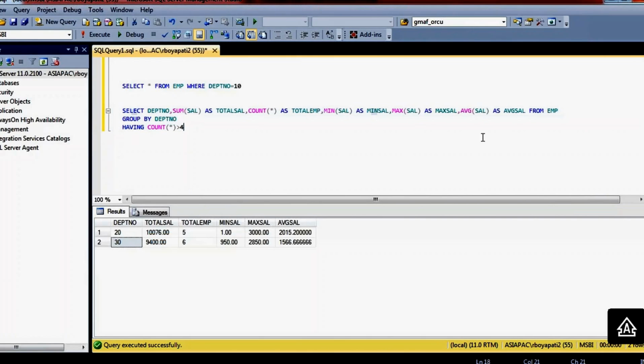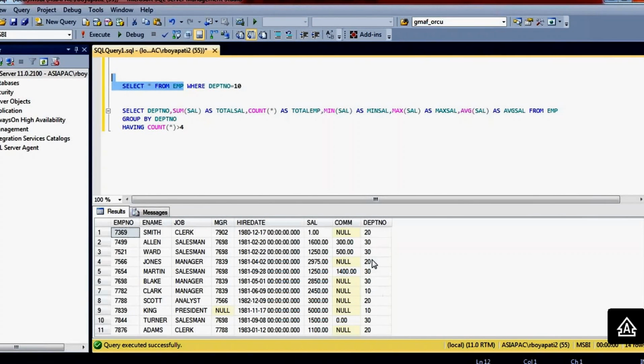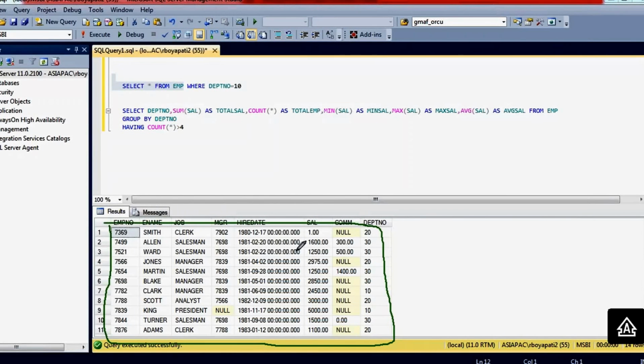So then what is the difference between the having and where clause? This is a very important interview question. Normally the where condition also filters the data, but it filters on the normal SQL Server table data. If you want to filter any one value here, you can write it, but the having clause is to filter the data after the aggregate function.